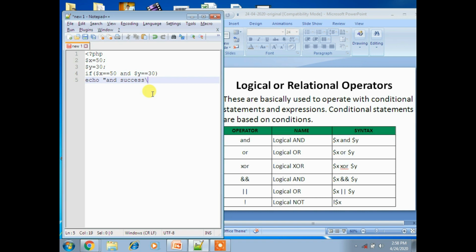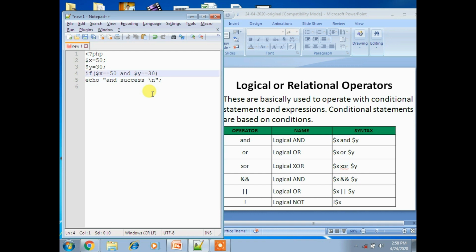Now use \n, which generates a new line. You can use \n or you can use the break statement in HTML format.